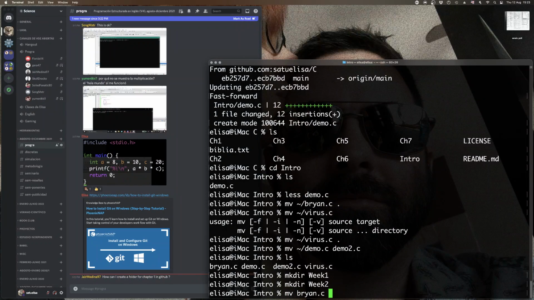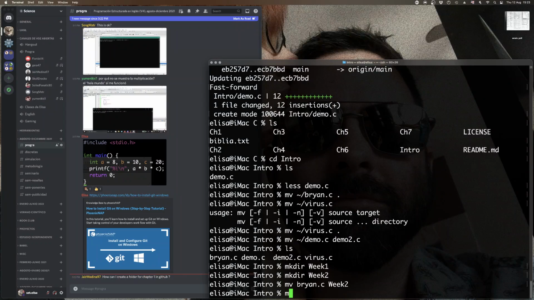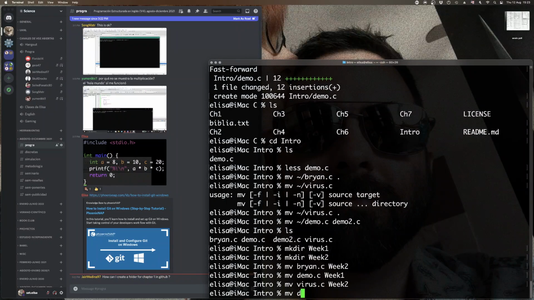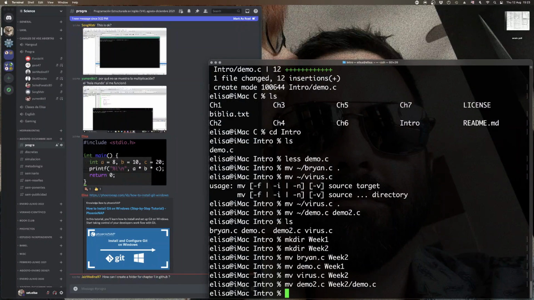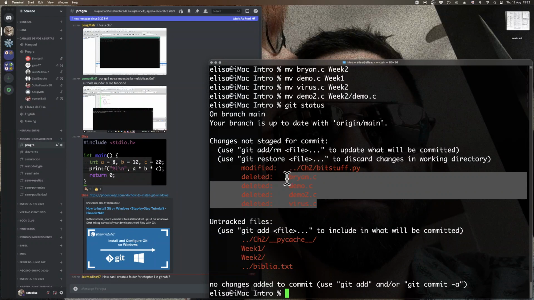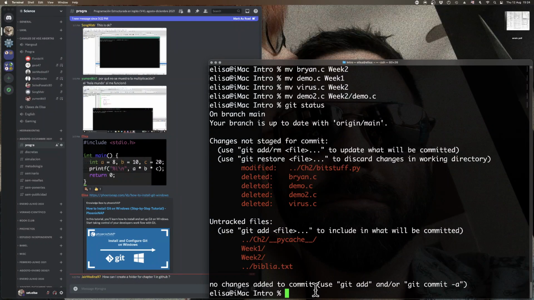Then I'm going to move the Brian C to week 2. I'm going to move Demo C to week 1. I'm going to move Virus C to week 2. And I'm going to move Demo 2 to week 2. And I want it to call Demo C. Then I'm going to ask Git, what have I changed? And it tells me I've moved this file, I've changed this file, I deleted these files, and I'm creating new